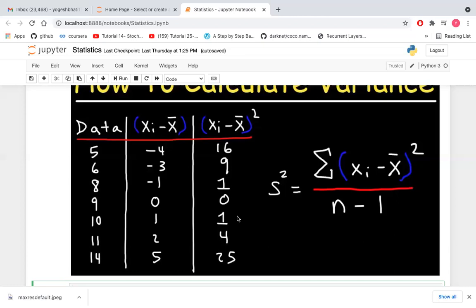In population variance we use n because in some cases we don't know whether the population could itself be a sample. If we take a large data set, the sample size might be 1000, 2000, 3000, 4000. If the population is small, say we take a sample of 50 data points, then the population mean and the sample mean will be the same. So to get an unbiased result, we use n minus 1. That's the main difference between the population variance and the sample variance.